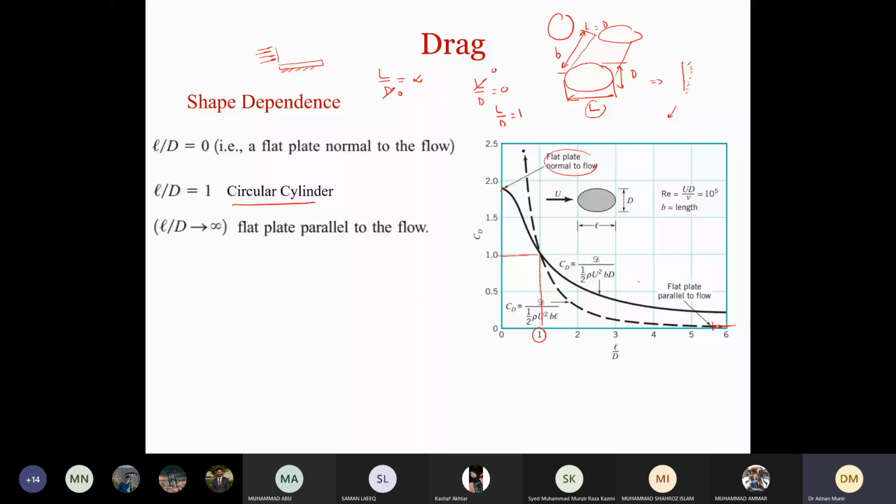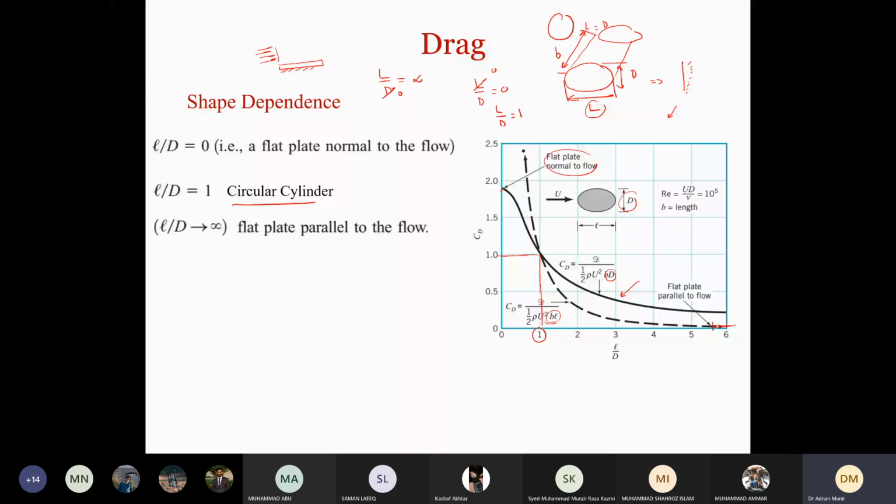Now on this solid line, we are non-dimensionalizing CD by using half rho U square B into D. Instead of using length L, it is using this diameter D to non-dimensionalize it. And the results are again shown over here. So sorry, my mistake. This solid line that we discussed is using D as the diameter, and this dotted line is using L as the characteristic length here. Okay, so just make a correction here. So this is just a different representation of CD based on the length.